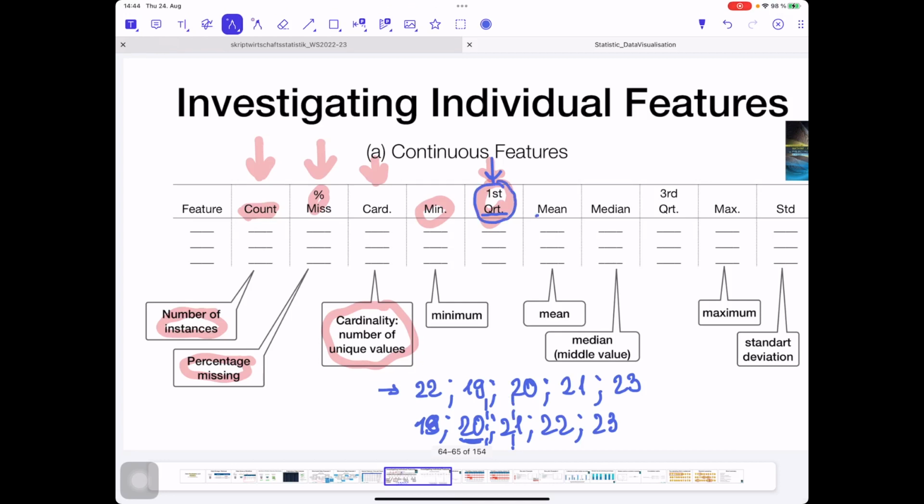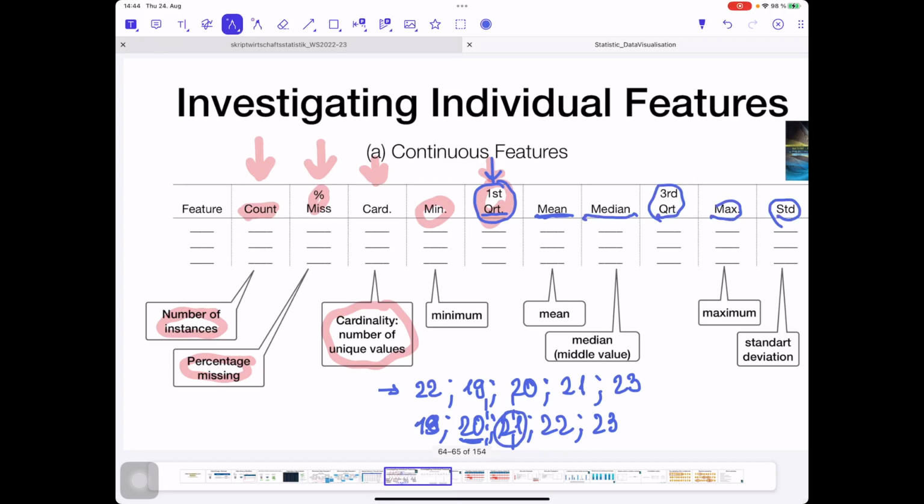Then we can take the mean value: we take the sum of our values and divide it by the number of values. We can take the median, just the number in the middle. We can take the third quantile, the maximum value, or the standard deviation.